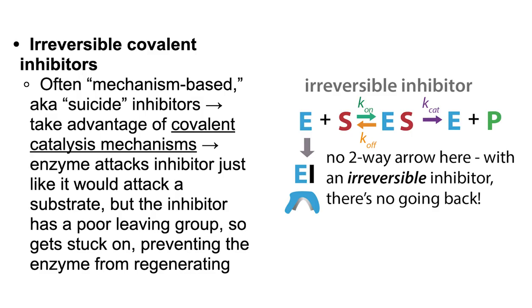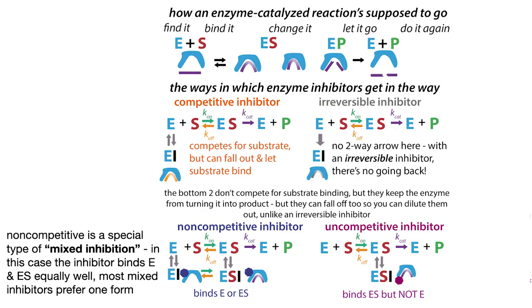We will talk about one type of inhibitor, a covalent inhibitor, or sometimes these are called mechanism-based or suicide inhibitors. These are more like mousetraps. And so the enzyme goes to pick up a stick, and it looks like a stick, but it's really a mousetrap or one of those finger traps or something. And so the enzyme gets permanently incapacitated, and therefore it's going to act a lot differently than these other reversible types of inhibition. And so we're going to focus mostly on the reversible inhibition, but we will talk about the